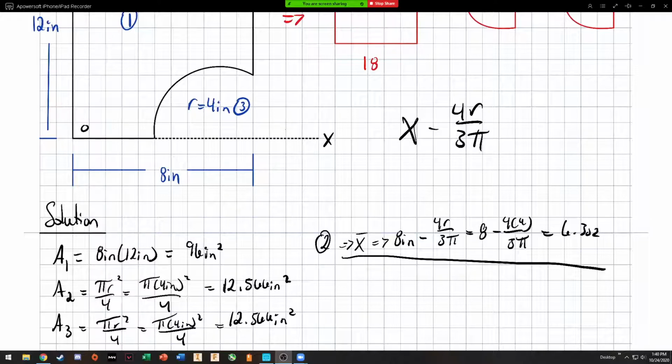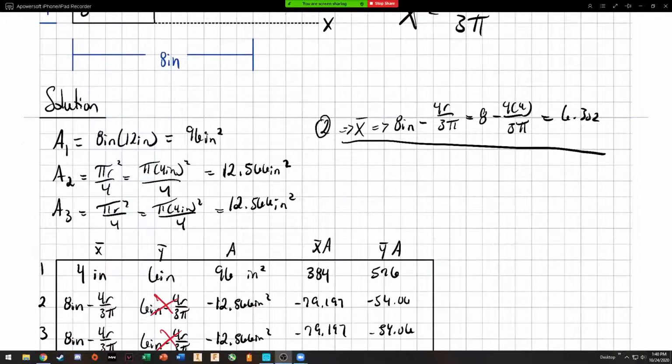The x just means your full distance x from one end to the other, or to the center. But this one would have to be to the full length because, let me get my highlighter out so you can see it. It needs to be from here to the end because the end right here is where the center of the full circle would end up being. So that's why we're using that as an x. Okay. So after doing that, you create your table